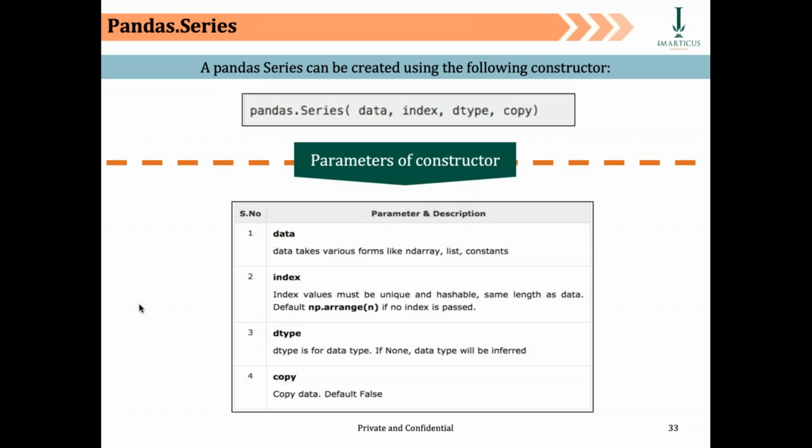Then in pandas, a series can be created using the following constructor. pandas Series, then we are going to use first data, then index. Now we understand about dtype, that is data type. We understand also about index and copy. Copy by default is false, so if we require it then only we'll change it. Otherwise, the most important thing is data, where we are going to write the name of the data. We are going to use various index functions in the index. dtype we'll use when we are trying to define or change the